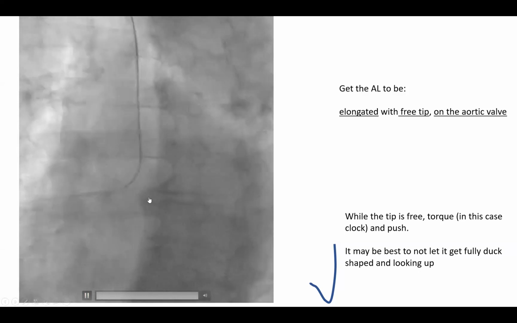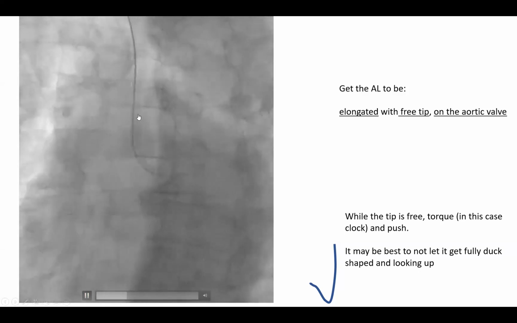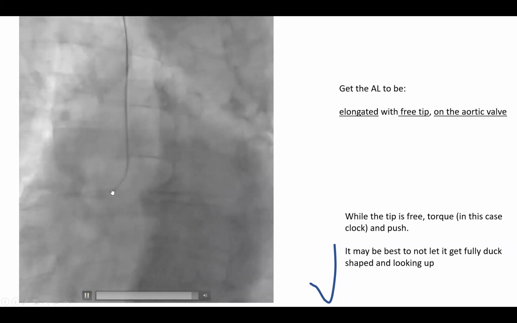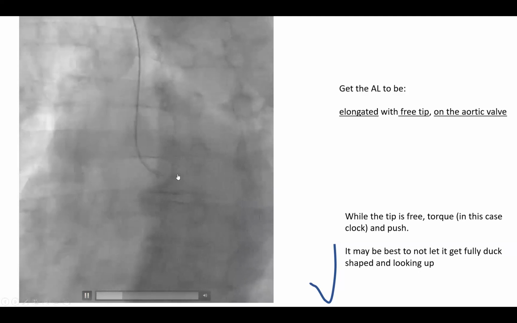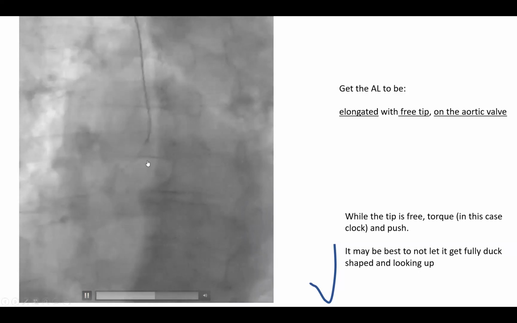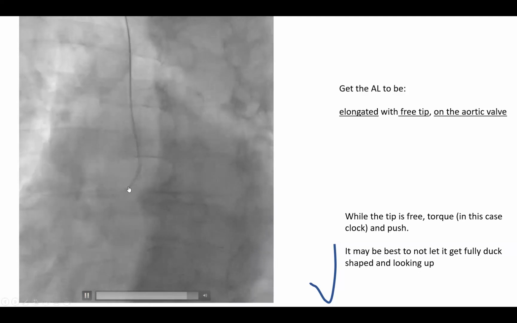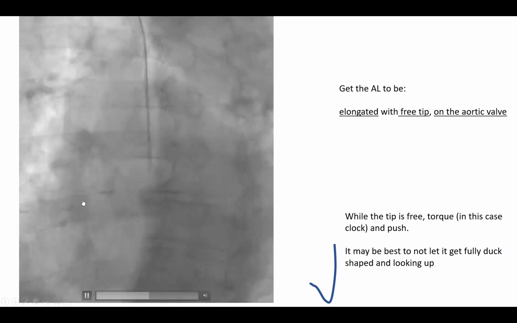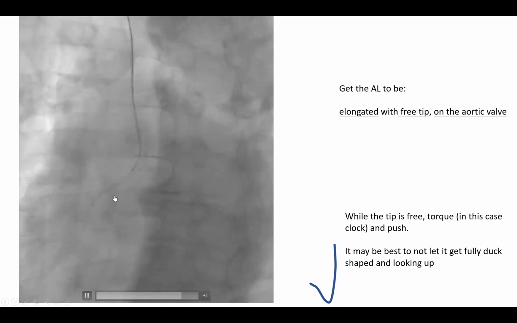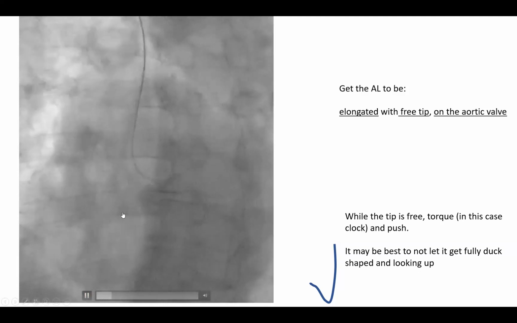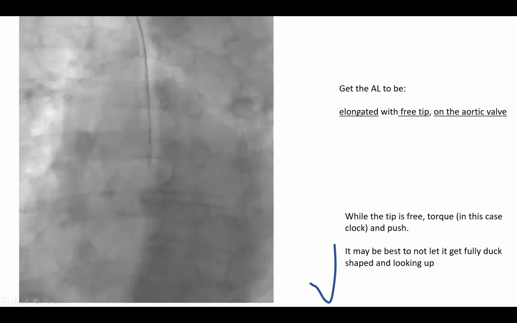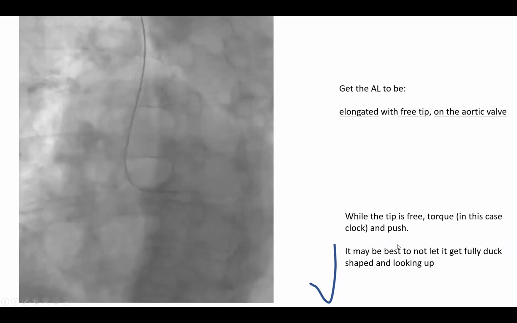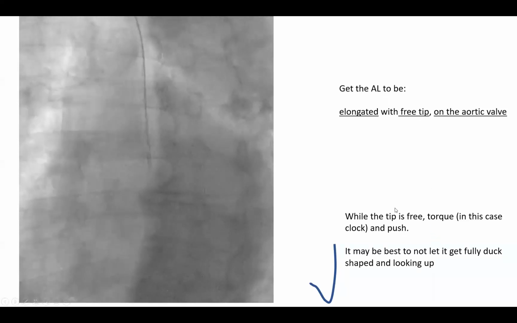Again, I use this catheter often in all my right coronary interventions. So first, get the Amplatz left to be elongated with a free tip on the aortic valve, as we did here. So we elongated it and got it free tip. You see, it's a nice free tip. Then we pushed and clocked it. And we got into the right coronary artery. Those are the three key words: elongated with a free tip on the aortic valve, then you start torquing